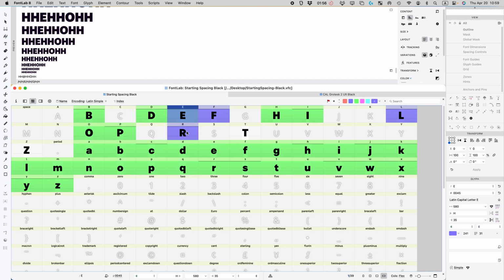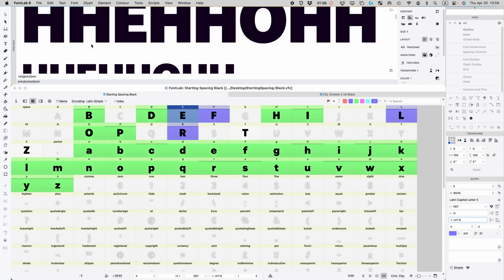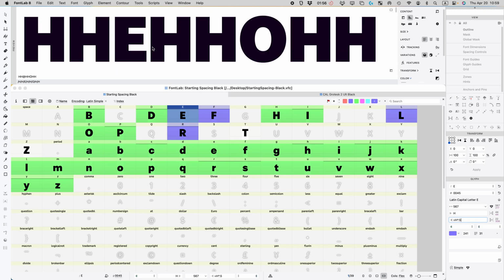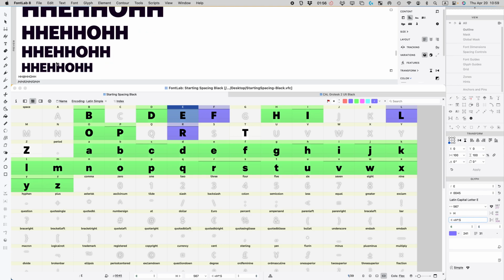Let's check out the E. The E you can also make a function of H. If we set it equal to H, then that's way too big. So let's set it equal to 50% of H and see what happens. So that's fairly decent. That's not too bad. It just depends on how your E is designed. Usually the middle is going to be the farthest in. So you can also compare that to the T,